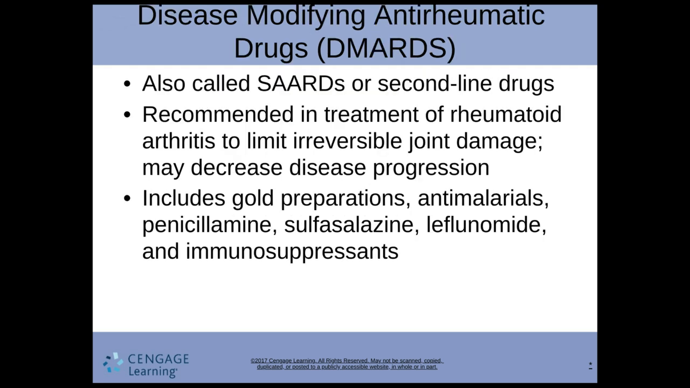So then we have DMARDs, which are disease-modifying anti-rheumatic drugs. These are also called SARDs or second-line drugs. They're recommended in the treatment of rheumatoid arthritis to limit joint damage, irreversible joint damage, and it may decrease disease progression. This includes gold preparations, anti-malarials, penicillamine, sulfasalazine,